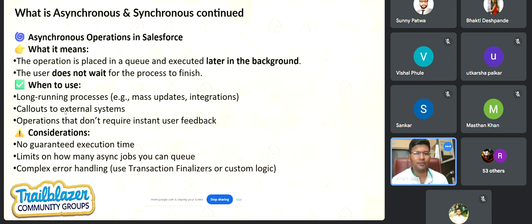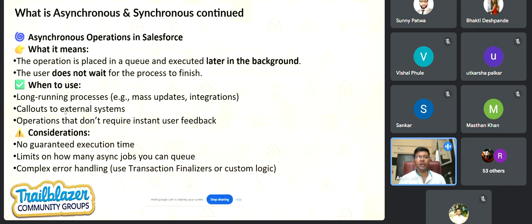A sprint is also a kind of long task, so you can relate to it in that manner. Any heavy lifting you want to do, or any callouts, where you don't need instant feedback from the user, or whatever functionality you have built doesn't impact the user directly.